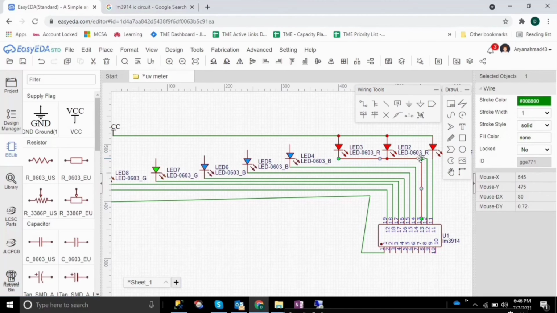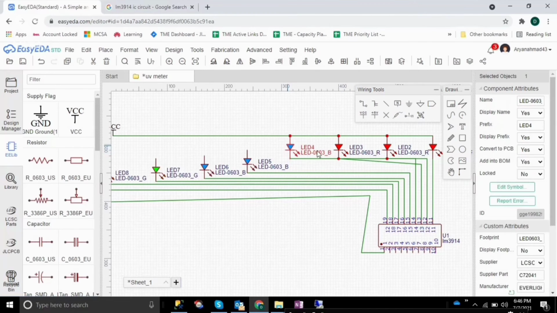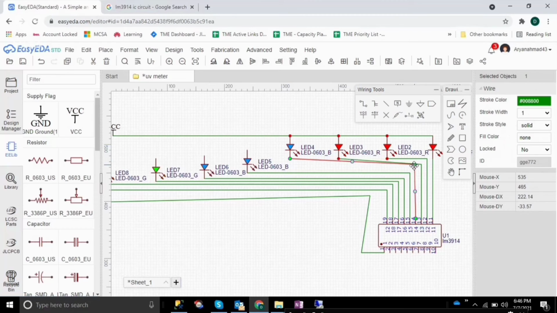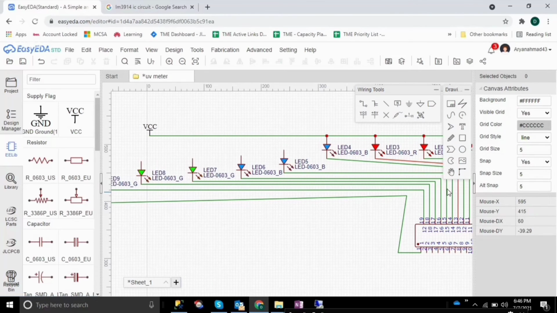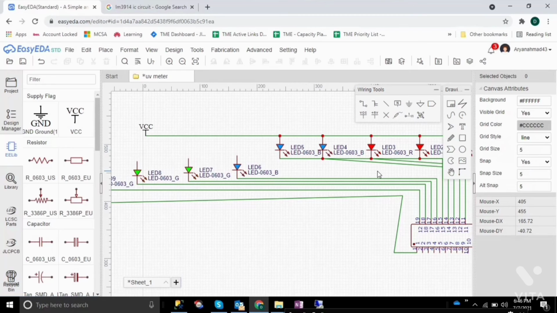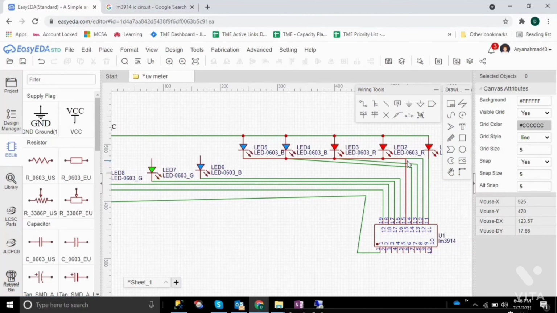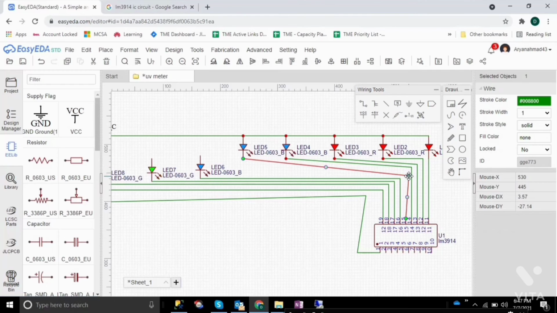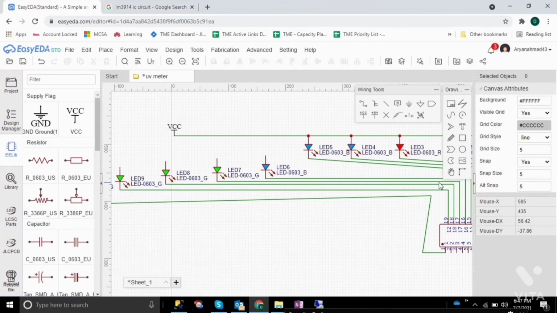I'm checking one by one. First completed. You can see there's a short circuit first in this line. So what I tend to do is place quickly and then remove this short circuited line, because right now it is a building process. If you save this thing and afterwards realize that anything is shorting, that's not a problem. The problem is, if you are designing a circuit board and then you order or do not order the circuit board, either way you can redesign the circuit board if you have made some little mistake.